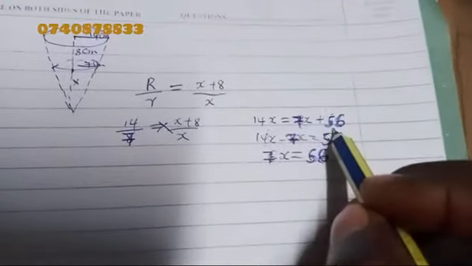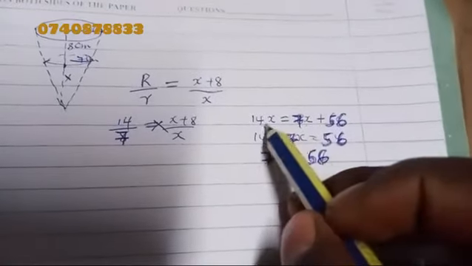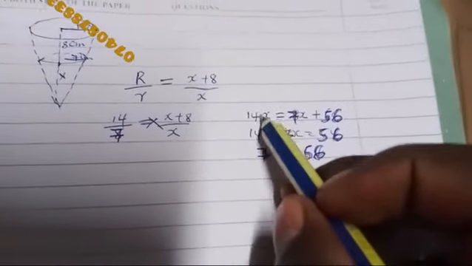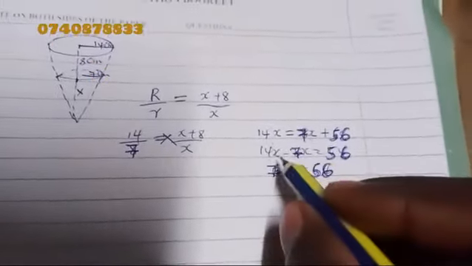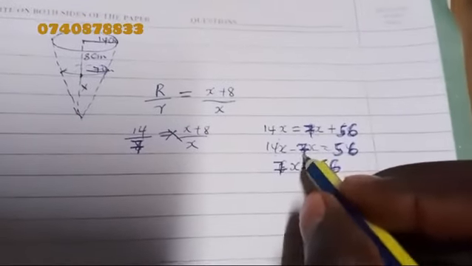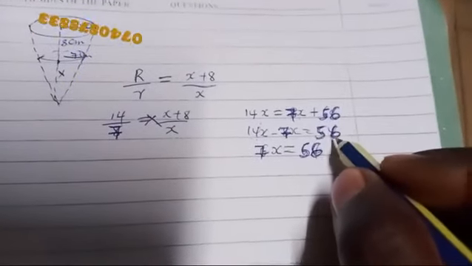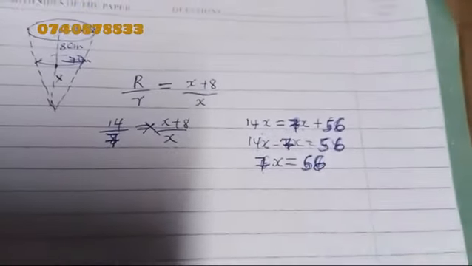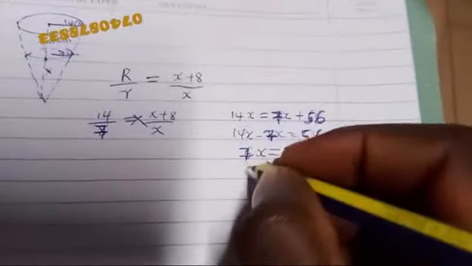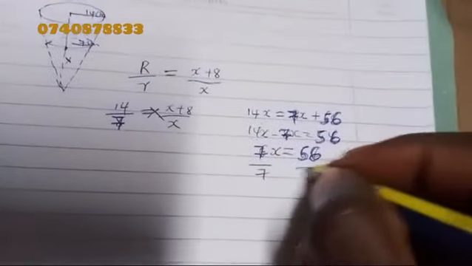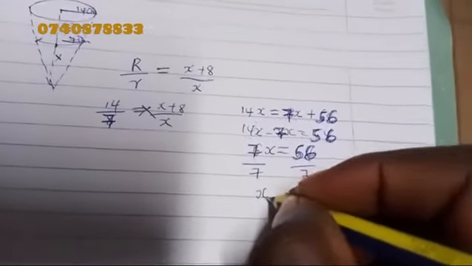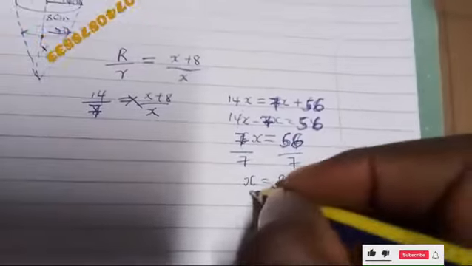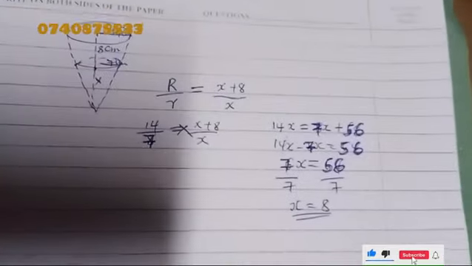So just take the 7x to the other side, and you get 14x minus 7x is equivalent to 56. So 7x is equivalent to 56. Divide through by 7 to get the value of x, which is 8. So you have to know that the small height here was 8